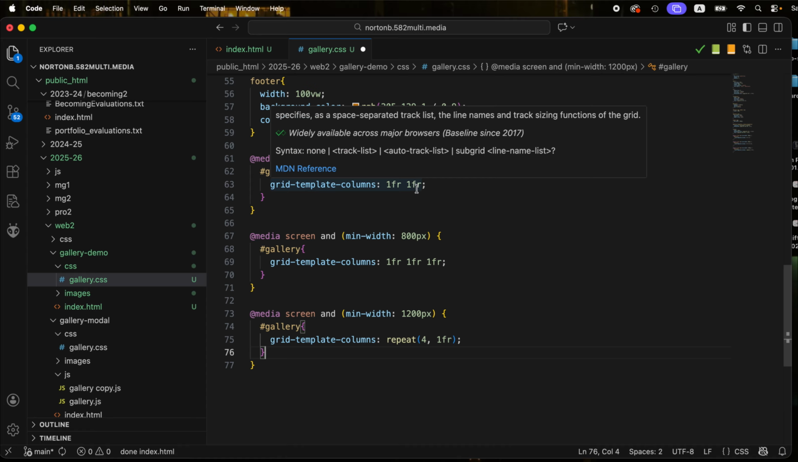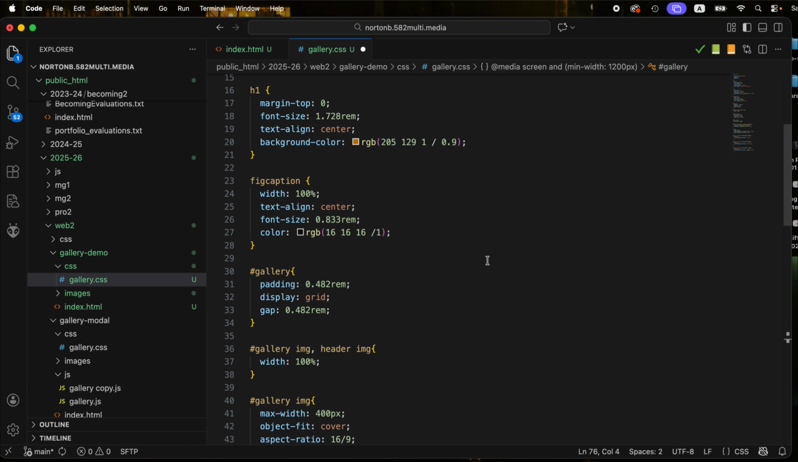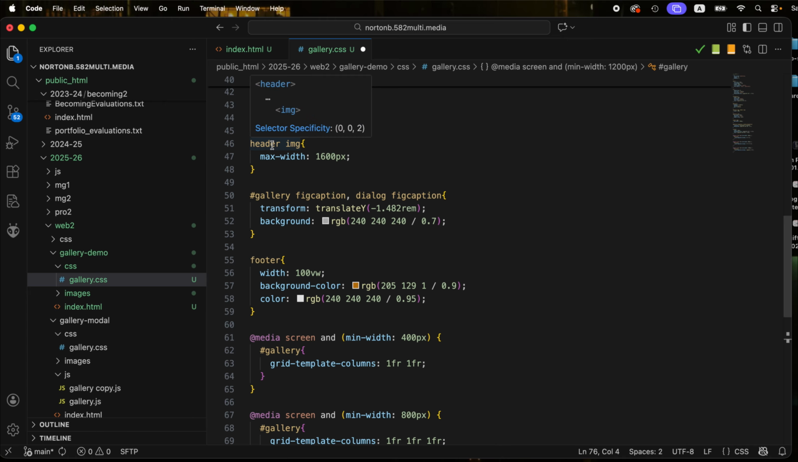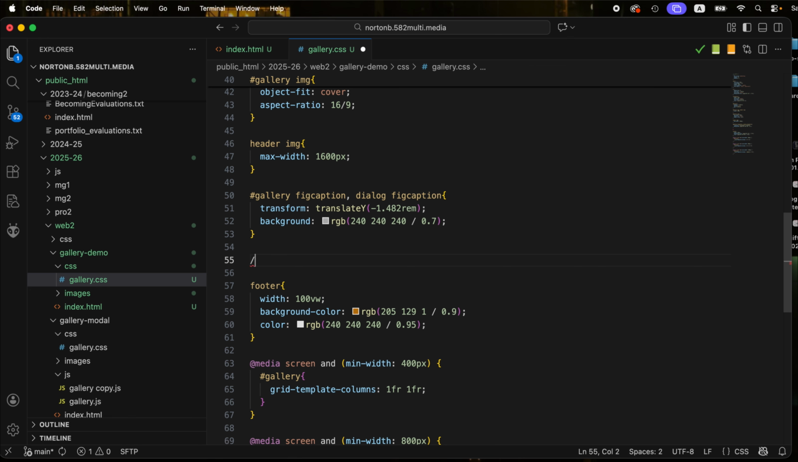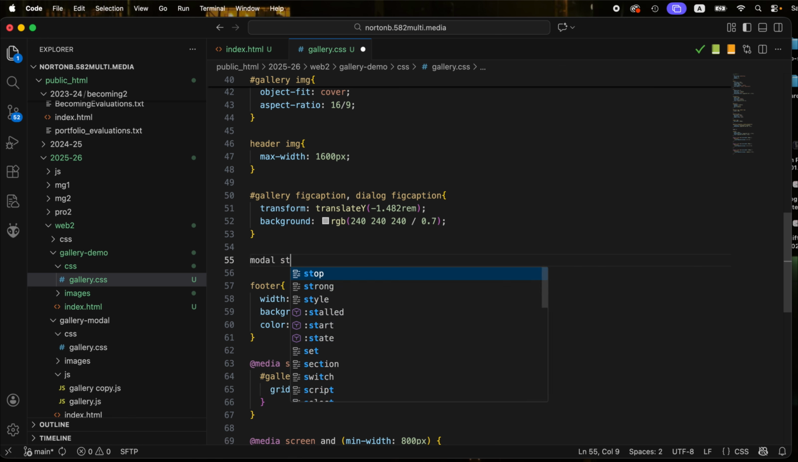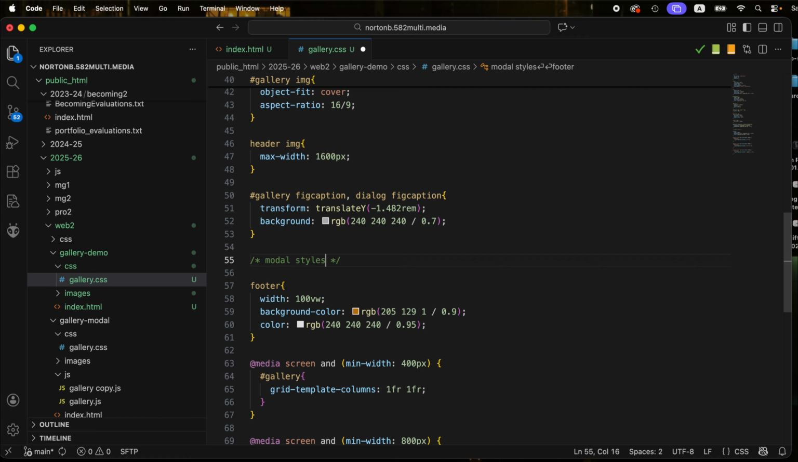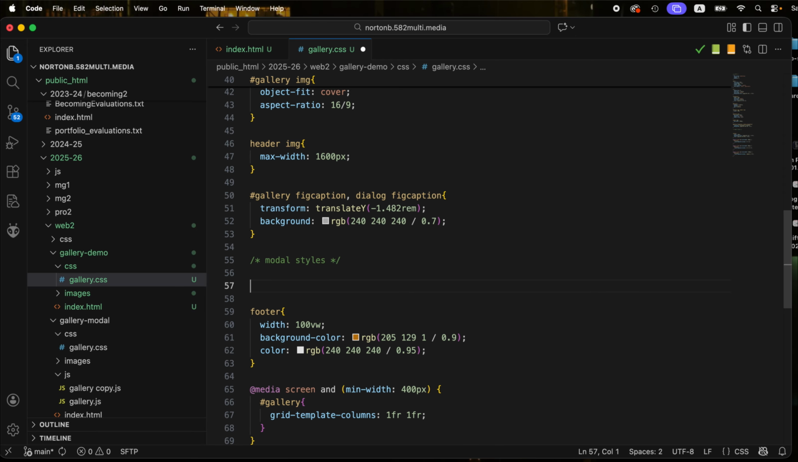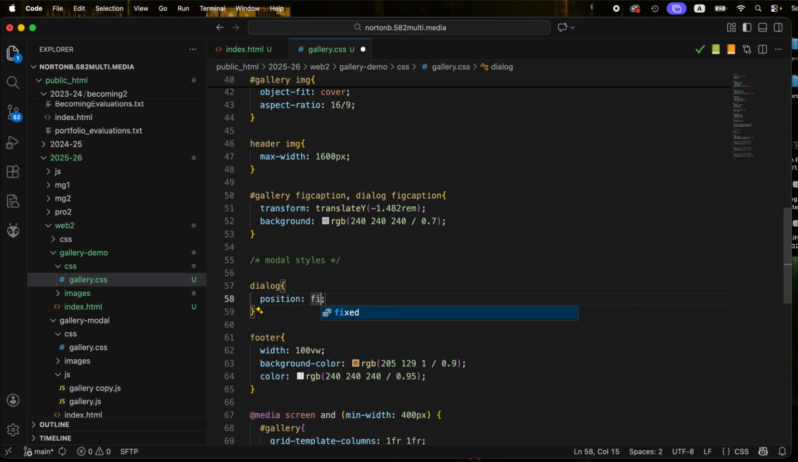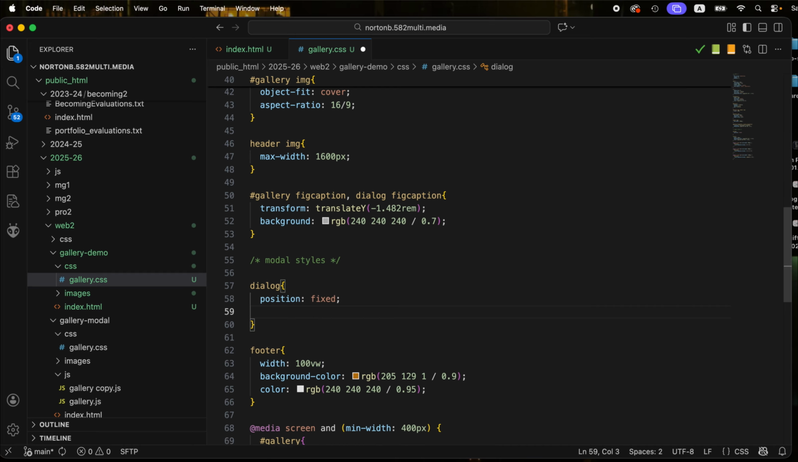So I'm going to go into my CSS, and obviously we've got our header, then we've got our gallery, then we've got our footer, then we've got our media queries. So right in here would be a good place to put our modal styles. And I'm just going to hit Command and slash to make that a comment. So for the dialog, we're going to do position fixed. Right, so this is going to fix the position